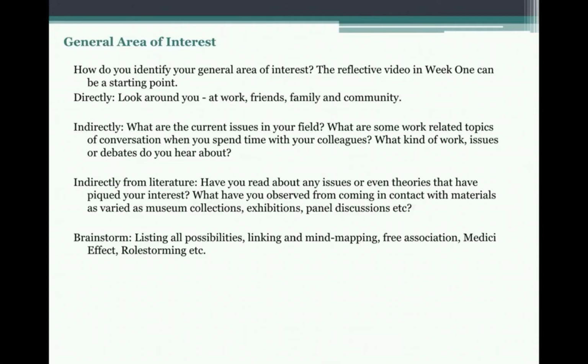उसके बाद अगर आपको बहुत ज़्यादा मुश्किल हो रही है सोचने में, तो आप फ्री एसोसिएशन कर सकते हैं कि अगर आप अपने जनरल एरिया ऑफ इंटरेस्ट में किसी एक चीज़ के बारे में सोचें, और फिर उससे अगली चीज़ आपके दिमाग में जो पहली आती है उसको बस लिखते जाएं. लाइक लेट दिस चेन काइंड ऑफ हैपन and see where it leads you, and maybe you will find a point of interest there. Then there is a method called the Medici effect, which I really like, क्योंकि इसमें ये होता